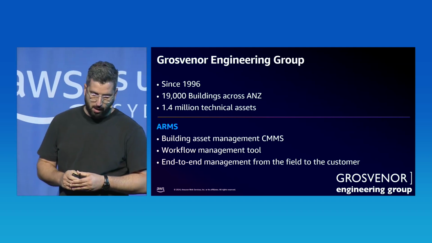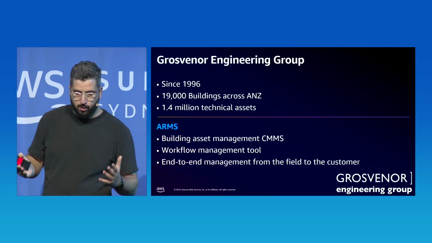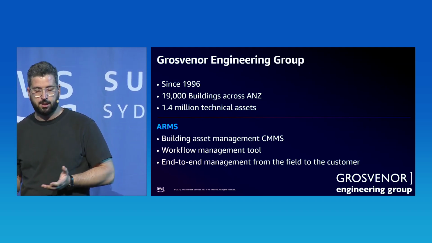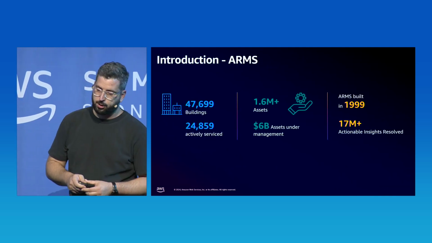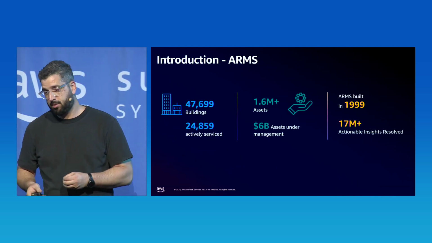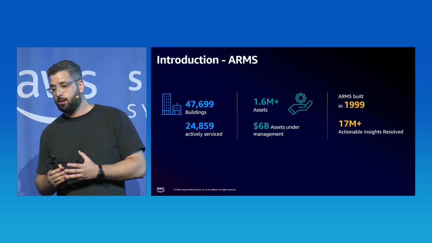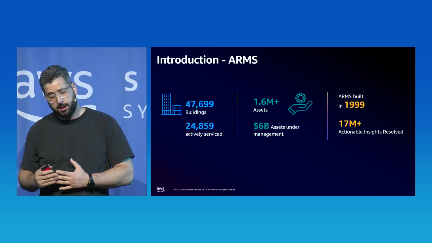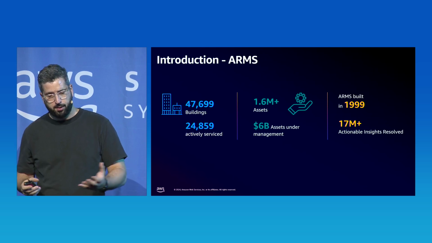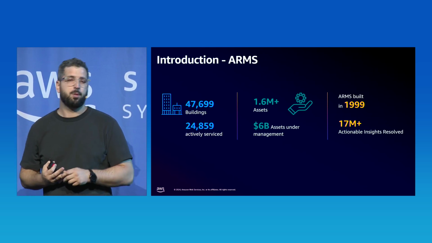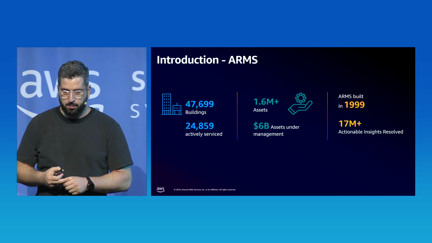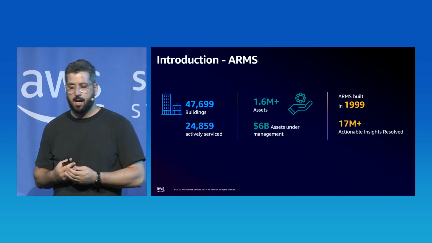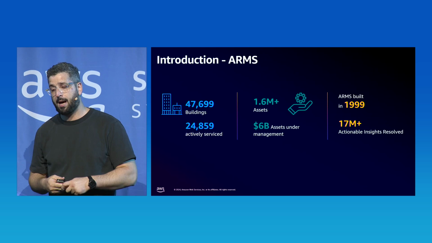So for us to be able to achieve that, we realized early in our journey that we needed to build our own ERP and CMMS system that we call ARMS. So ARMS effectively is an asset information system that allows us to provide prescriptive maintenance to our customers. We reach out all the way to our technicians in the field and aggregate information from IoT and building management systems. To this day, ARMS has looked after more than 47,000 buildings, resolving more than 17 million asset issues